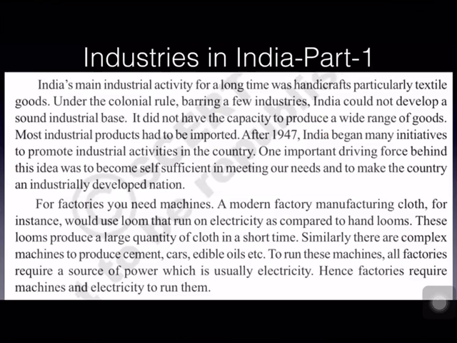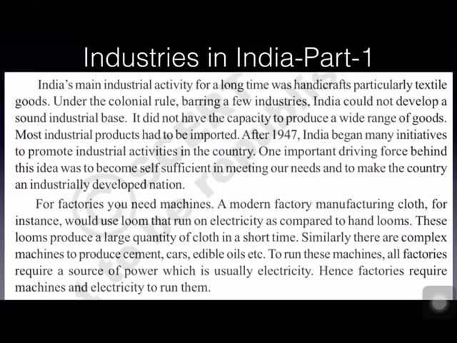For a long time in India, handicrafts, especially textile goods, were the main industries. From the beginning, textiles was the only industry carried out by the people in India. Under British rule, industries were not developed by the British, because they exploited all the resources from India and manufactured goods in factories in their own country. These manufactured goods were sold in Indian markets at cheaper rates without imposing any tax on imports. So they were cheaper in Indian markets.